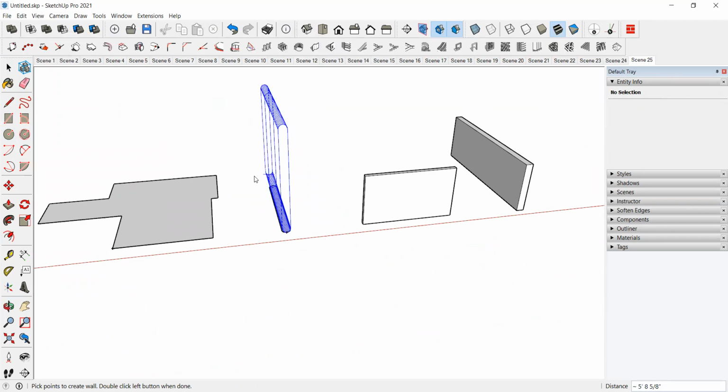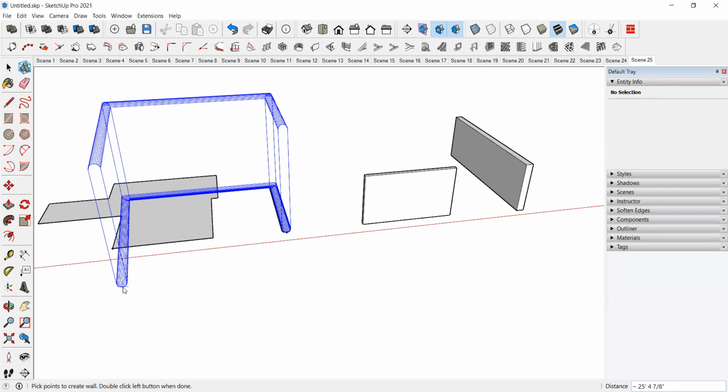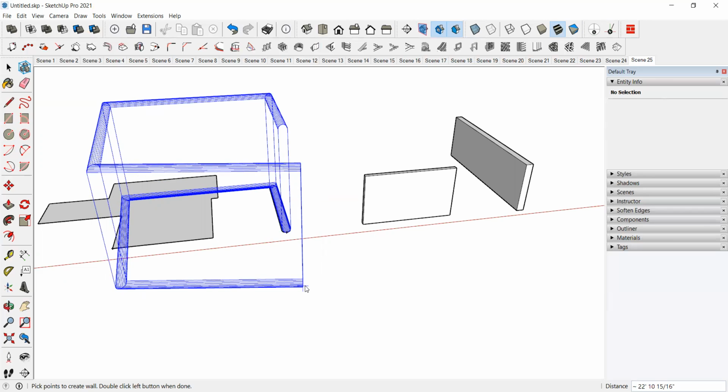And this is the end direction. So like this it will create the wall.